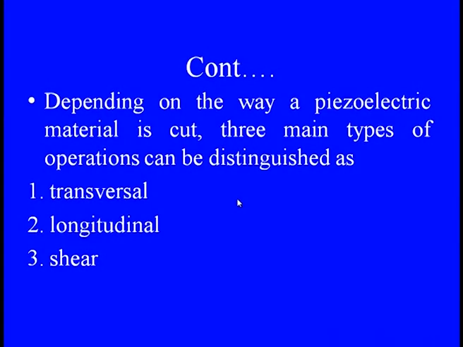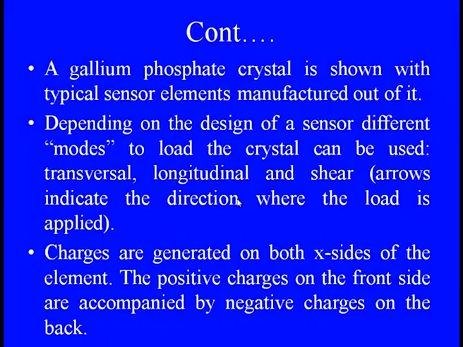So, depending on the way the piezoelectric material is cut, three types of operation can be formed. One, the transversal, which means the action of the force; the longitudinal; and the shearing part. So when we say that we have a naturally occurring or man-made piezoelectric part, a gallium phosphate crystal, which we are going to show as a typical sensor element, can be manufactured with these cuts, and depending on the design of the sensor with the different modes which I discussed previously,